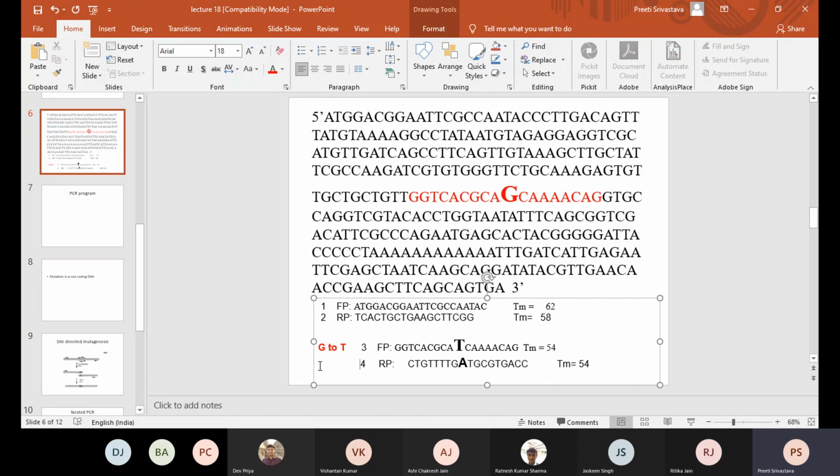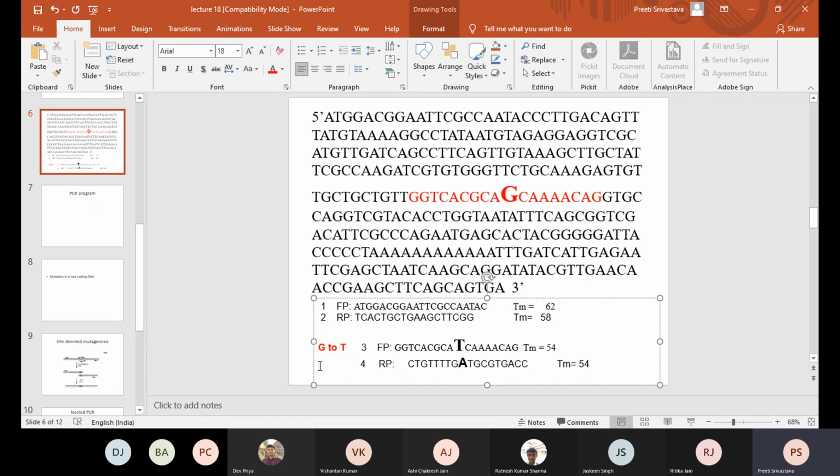So now what you will do is, here you need to pay attention. If we use primer number 1 and primer number 2, then you are going to get the full amplicon.